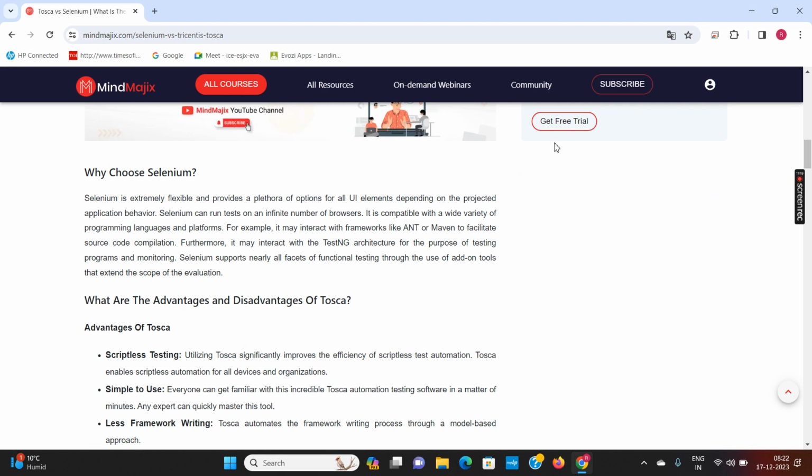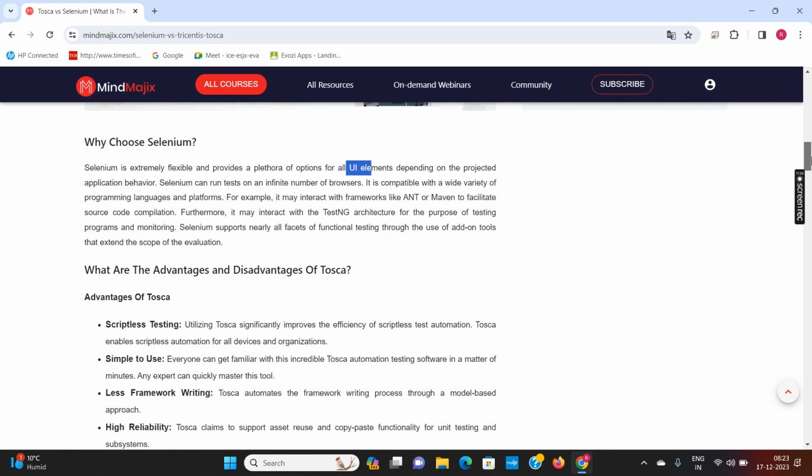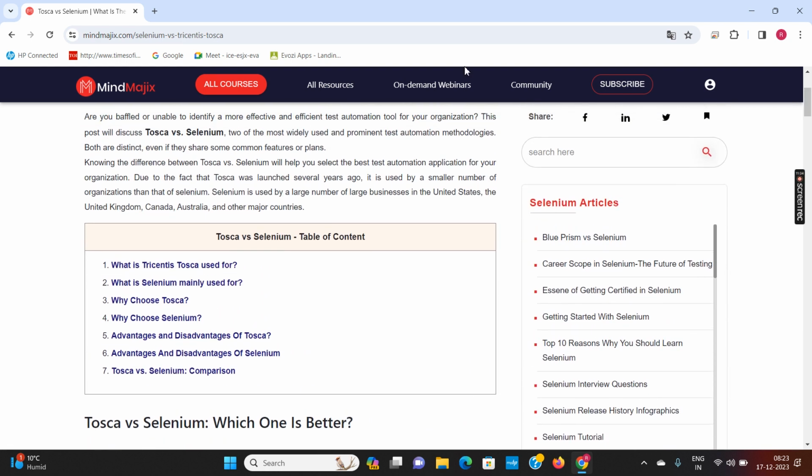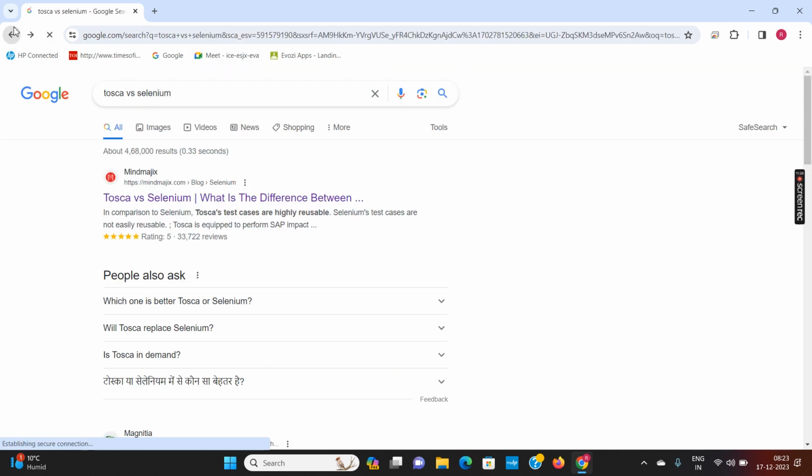Selenium is 100% open source. What we are saying is that tools are generally license bound, we have to purchase them, and they are hardware and software dependent.